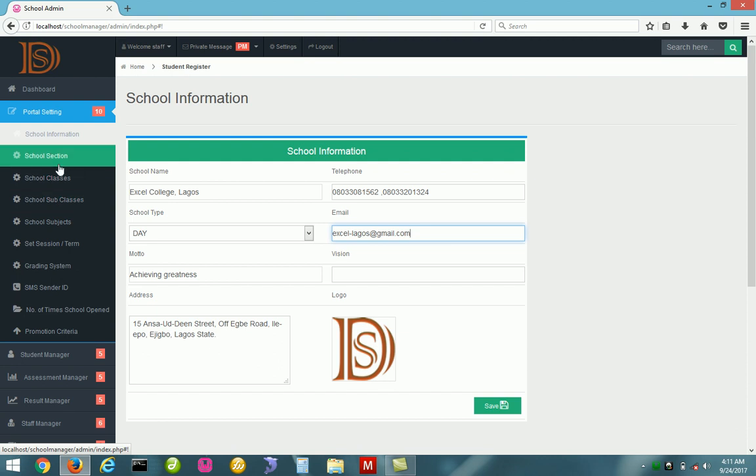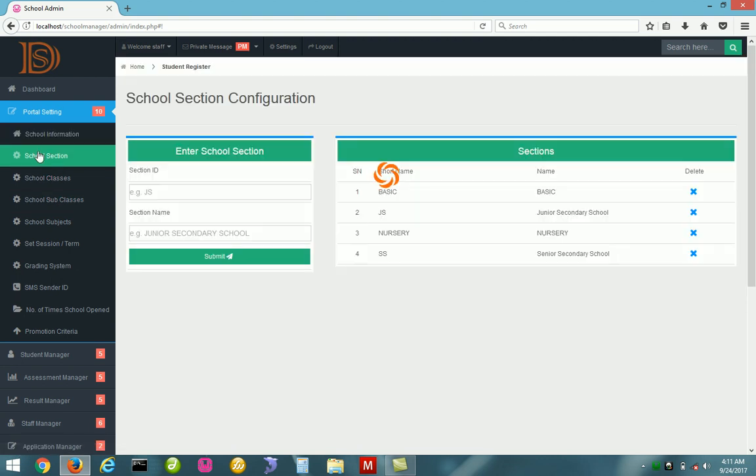The second one we have to look at is the school section. The school section talks about what are the sections that the school has. This software is able to manage from crèche to nursery to primary to secondary, and for schools that are tertiary institutions we can also manage them. And so for example, we have basic, nursery, primary, and if we want to tell the system that we are going to be managing junior secondary or senior secondary, for example, we will just come to this place under section